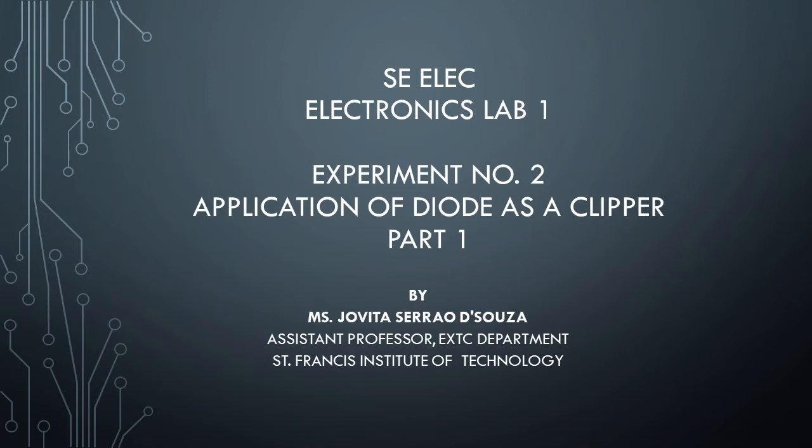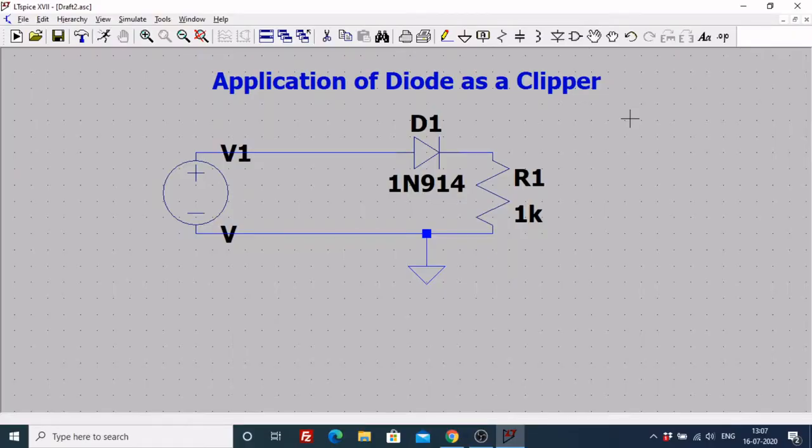The second video that we are going to do is on application of diode as a clipper. What we have done right now is we are using a software called LT Spice. All details of the software, how to use the software, how to make the circuit using pick and drop method, how to get the value of the diode, get the value of the resistor, each one of these things are mentioned in the first experiment that we conducted, that was on VI characteristics of a standard PN junction diode.